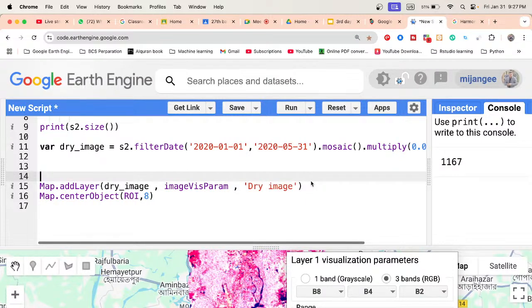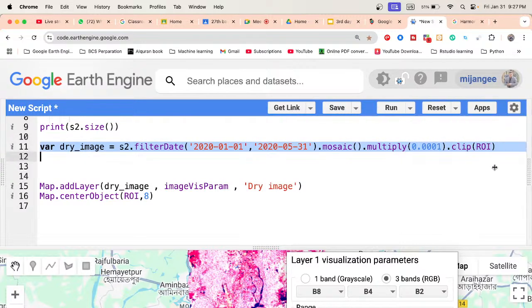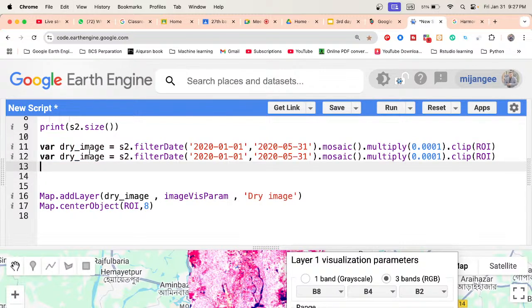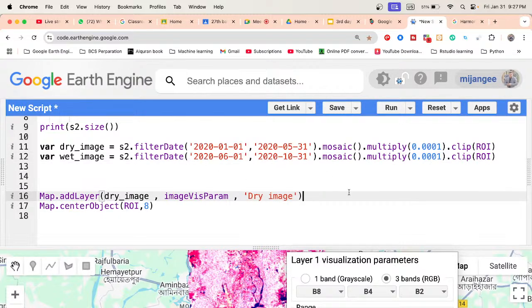Okay, the same thing we also apply in here. Just copy the same line of code and then paste here, and then give a variable name. So I change it, suppose it's a wet image, and put the wet season time period for Bangladesh, suppose it's just from June to October 31. Okay, then we also try to add this visualization,